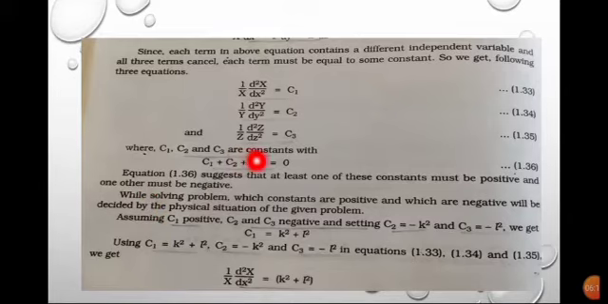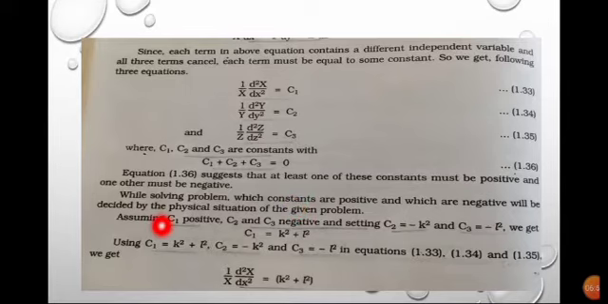This equation suggests that at least one of these constants must be positive and at least one other must be negative. While solving a problem, which constants are positive and which are negative will be decided by the physical situation of the given problem. So now we are going to assume that c1 is positive, c2 and c3 are negative, and setting c2 equal to minus k square and c3 equal to minus L square, we get,